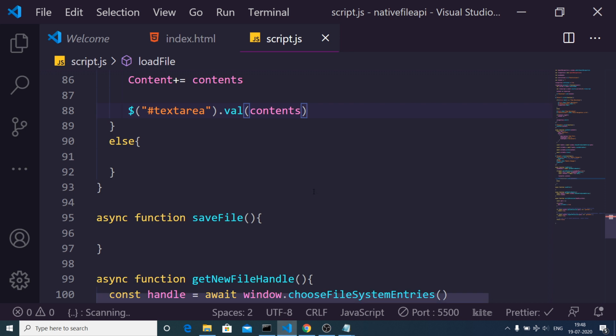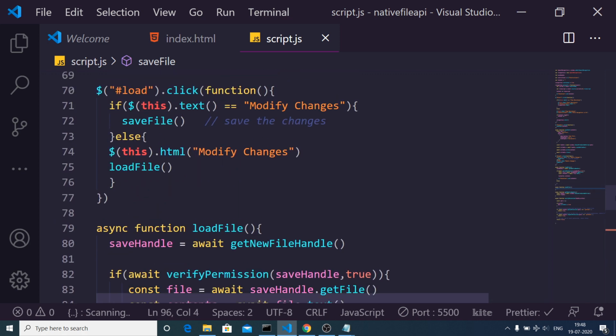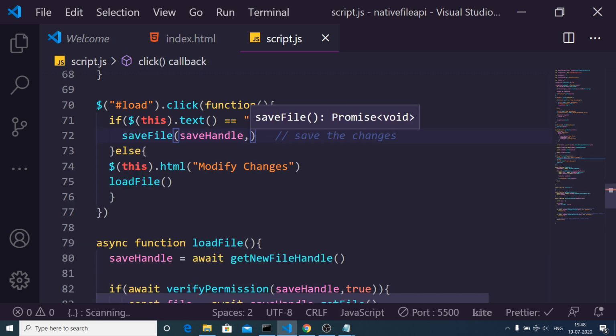Now for this we are making a save file method here. So inside the save my file method, guys, we need to pass, I think we have passed these options or not. Let me just see. Sorry, we need to pass these options. First is the save handle, the handle to the file, and the content.